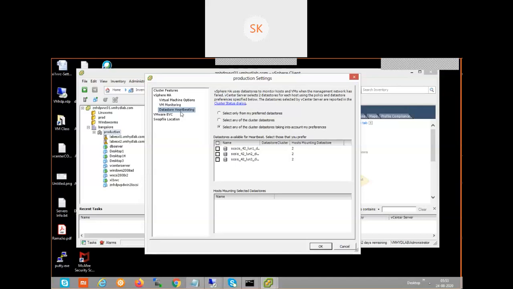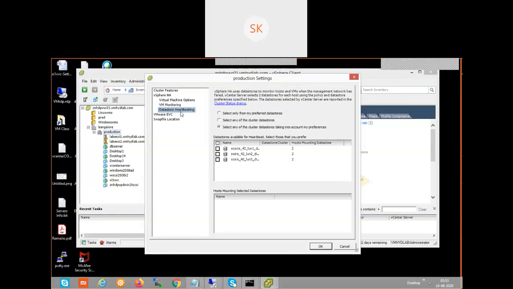But if the management network interface is detected as a failure, what will happen? HA triggers an isolation response and causes the respective VMs to restart, even without any downtime. FDM is going to restart the VMs on another ESXi host. But there is no impact to the production environment. The VMs are up and running. The only problem is with the management interface, where due to a communication issue the host is not responding. Because of the management issue, if I restart the VMs, what will happen? There will be a slight downtime. To avoid that, what we are going to use is datastore heartbeat.